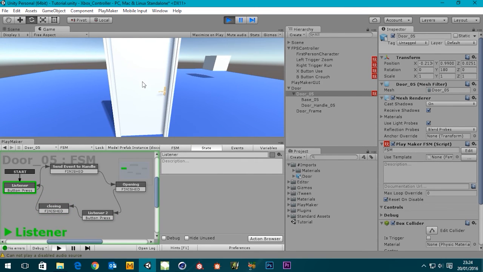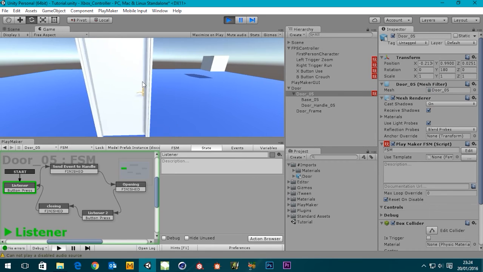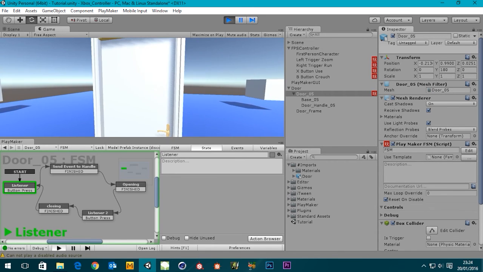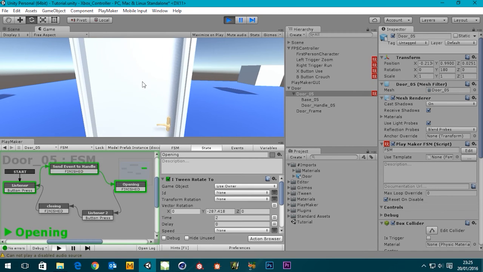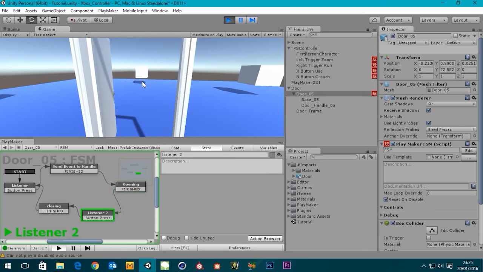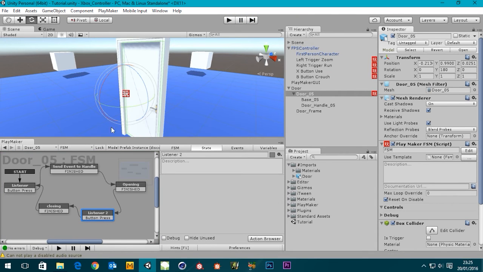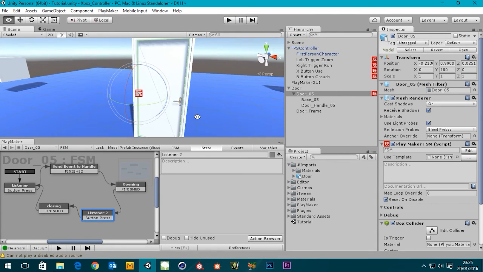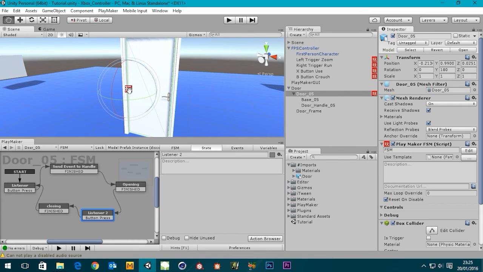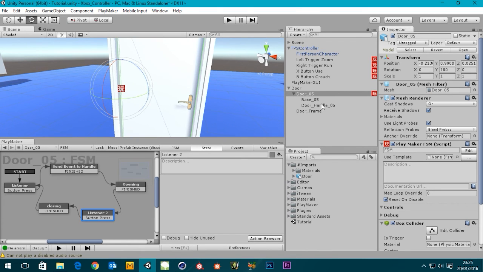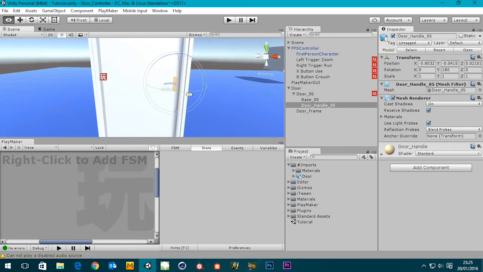Now you're probably thinking, at this state, when you can see we've got the listener waiting for a button press. When we hit it, it goes to send event to handle, immediately leaves and goes to opening. So you're probably thinking, why is that send event to handle there? And it's because of the next step. So if you want to get a little bit fancier, what we're going to do is, let's have a look at our handle stuff. So let's choose the door frame, the door handle,